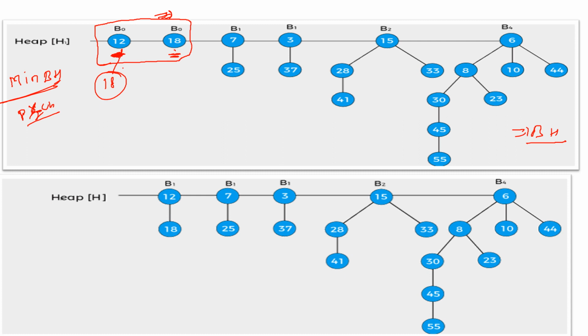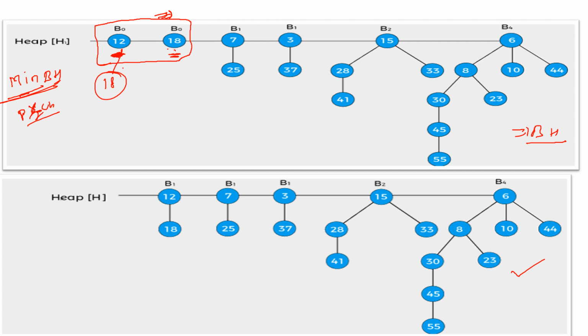Why so? Because we are performing the min binomial heap. If we performed the max binomial heap, then 18 would become the parent. So here 12 becomes the parent of 18. After merging these same degree binomial trees, we got this result.